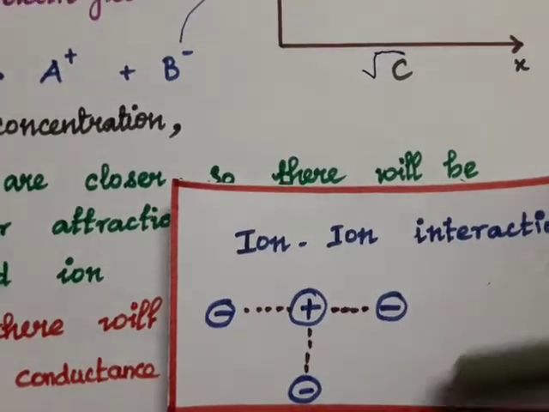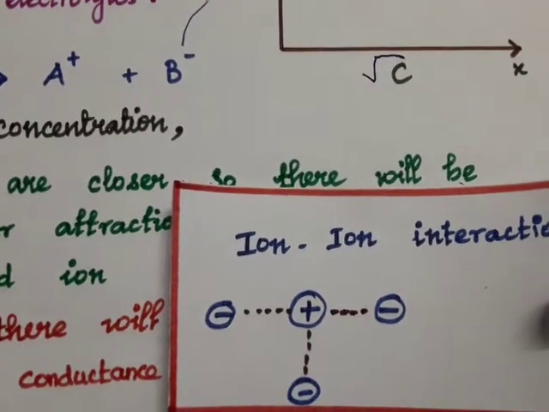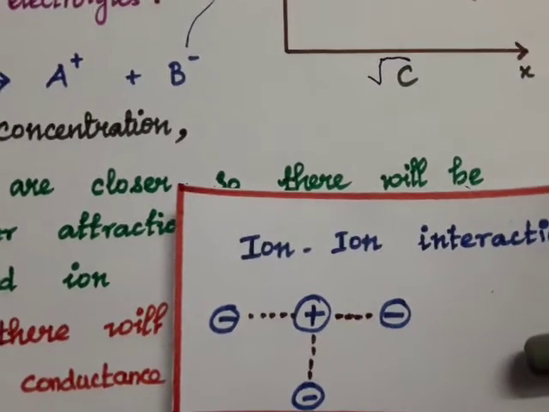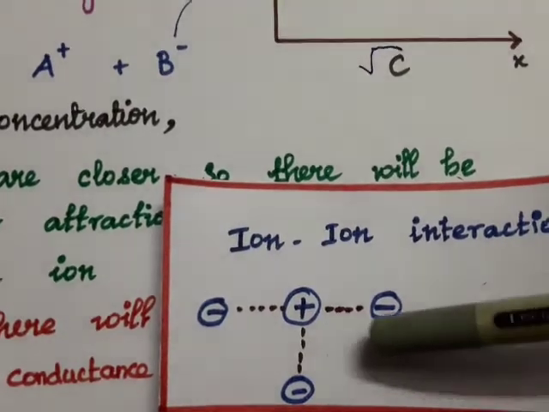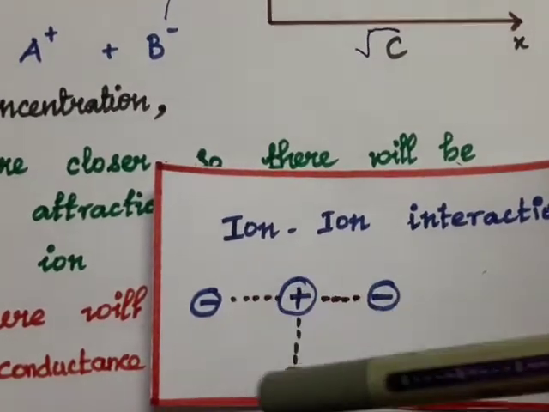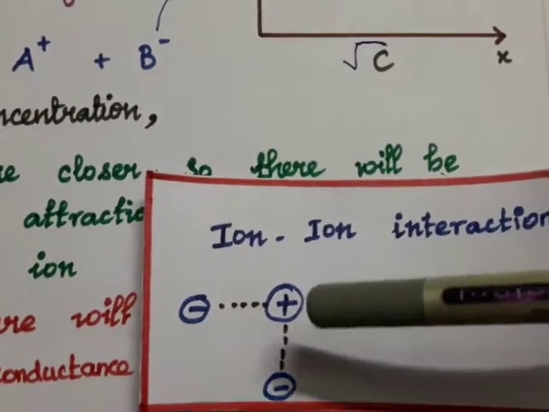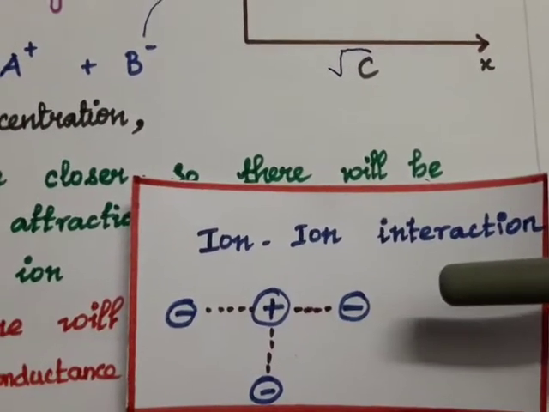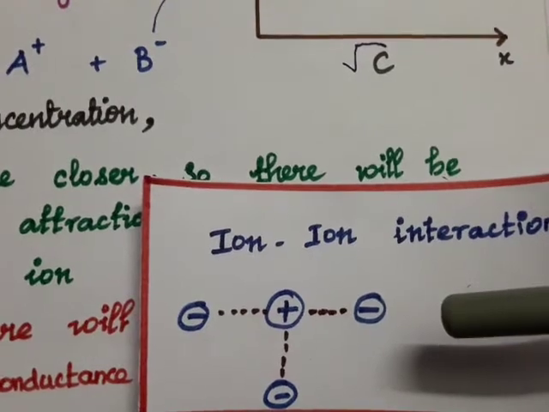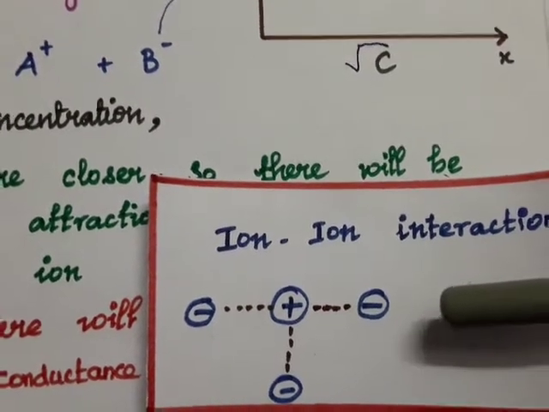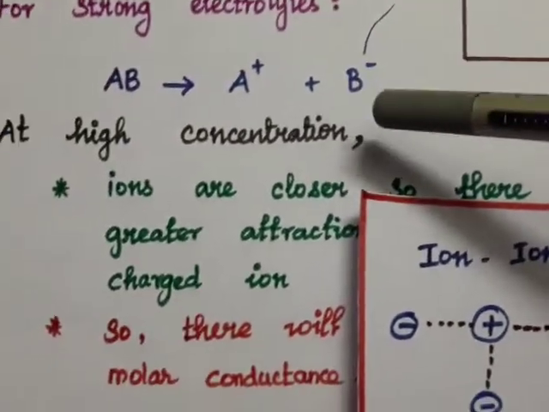Because of the independent movement of the ions, we are getting the conductance, right? So if they are attracted like this, they cannot move from their place. So because of this ion-ion interaction, molar conductivity will decrease for high concentration